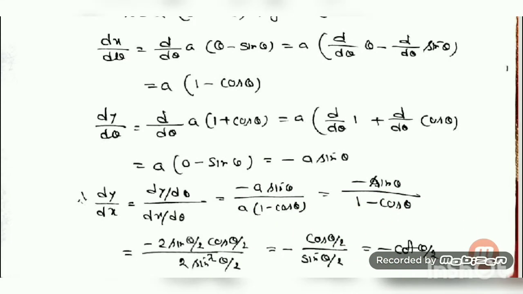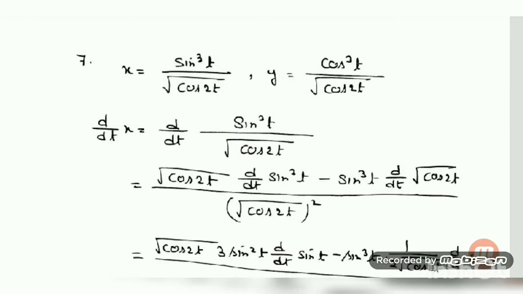If you want, you can stop the solution here, but this can be simplified, so let us do the simplification steps also. 1 minus cos theta value is equal to what? 2 sin square theta by 2. So sin theta also convert by using the submultiple angle formula, which is minus, there is 2 sin theta by 2 cos theta by 2. Then 2 and 2 and sin theta by 2, sin theta by 2 will be cancelled out. So cos theta by 2 divided by sin theta by 2 will be left, which is equal to cos by sin, that is minus cot theta by 2.